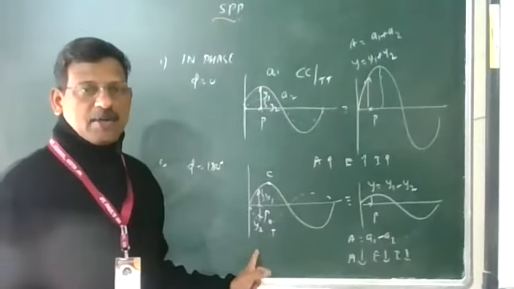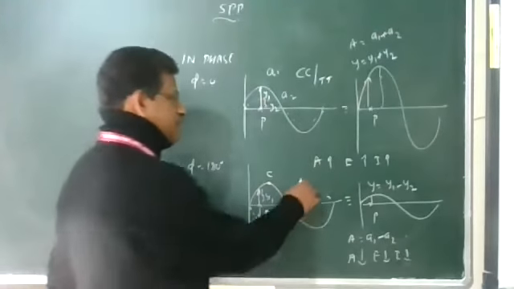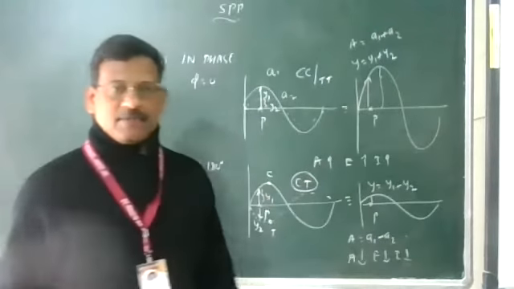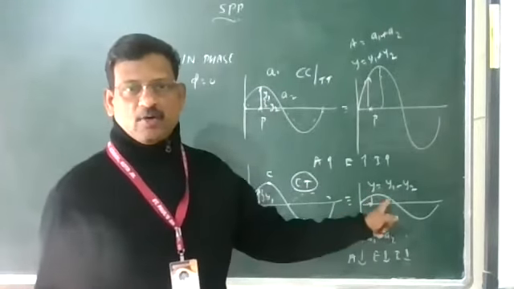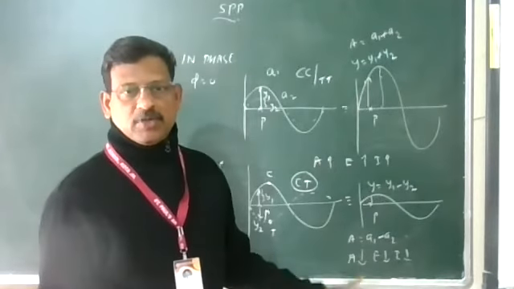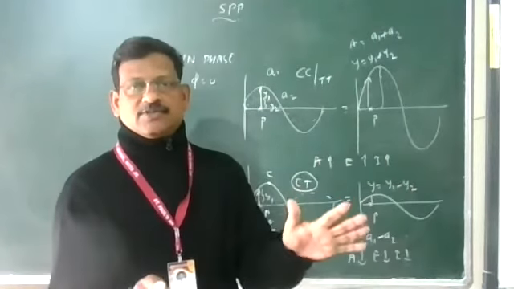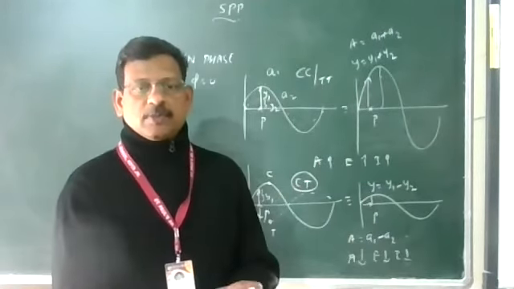When they are out of phase by 180 degrees, crest and trough meet. So the resultant displacement is y equal to y1 minus y2. So the amplitude decreases, and energy and intensity decrease. So this is about the superposition of waves.